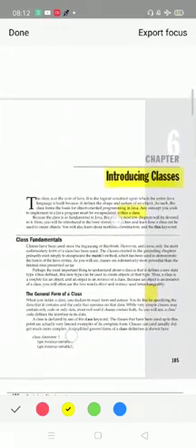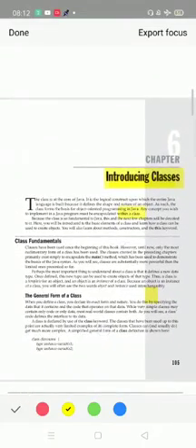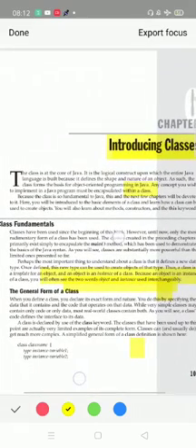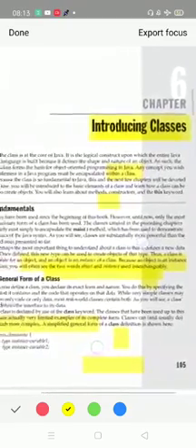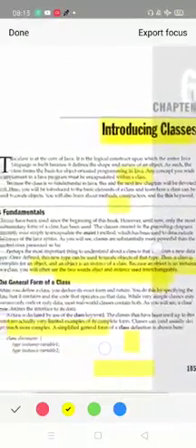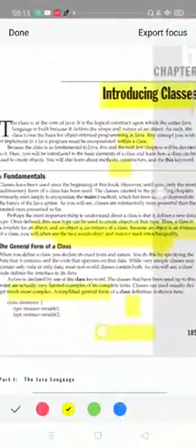You can see the definitions over here, which I have highlighted. See, instance of the class, it is mentioned here. Just go through these definitions. Here we have the general format. Of course, class is declared with the help of the keyword class. It is there at page number 105 of the textbook which I have shared. If it is not visible, just refer to the textbook.